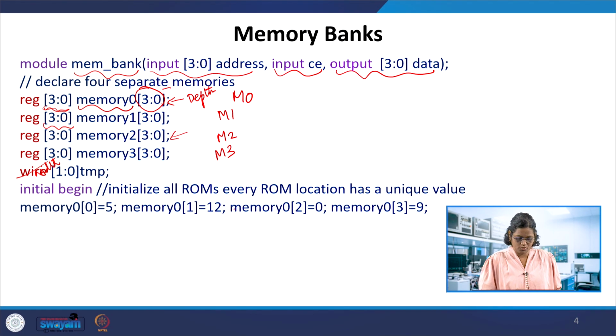First, let's see how we are storing the values, like initial begin. Note down the initial here. We use it in the .v file, in the module. Usually we use this initial begin in the test benches, right? So this is a behavioral style of initial. When you say initial, it executes once, and memory 0 of 0 is given data 5. Then memory 0 of 1 is data 12, and then 9.